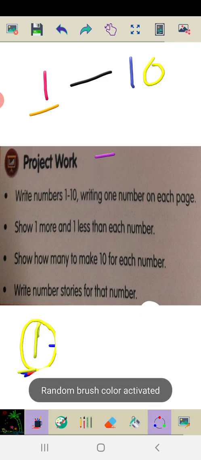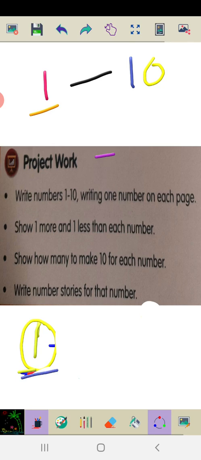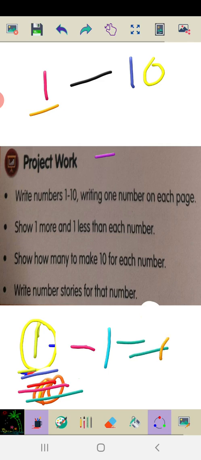So initially you have a number 1 here and you are removing 1. 1 less, you are removing 1. For example, you have a ball. In this ball, you are doing 1 less, means you are removing this 1. So what will be left? How many balls are left here? Nothing is left, because it was 1 ball only and you removed that 1 ball. So nothing is left.